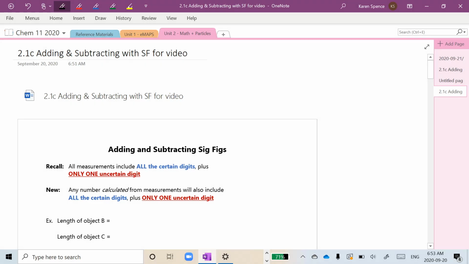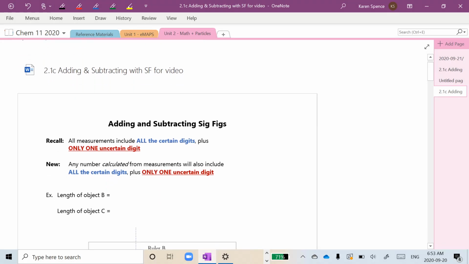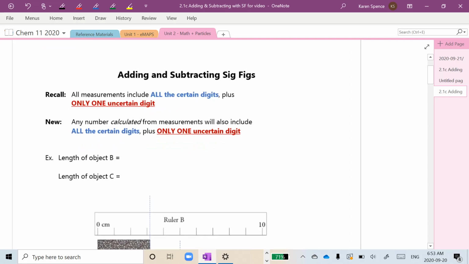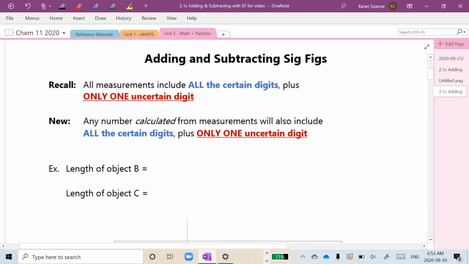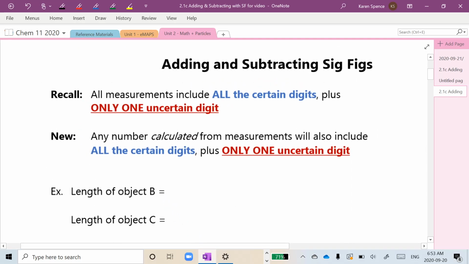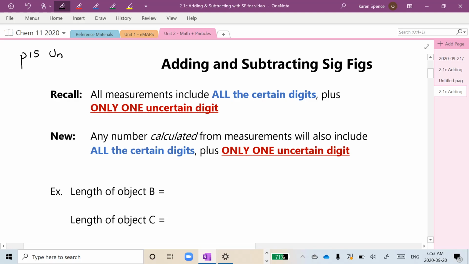Good afternoon. Today we are looking at adding and subtracting sig figs. Let's make that nice and big. For anyone who is wondering, this is on page 15 of the Unit 2 data booklet. Before we go on with adding and subtracting, you have to remember what the definition of